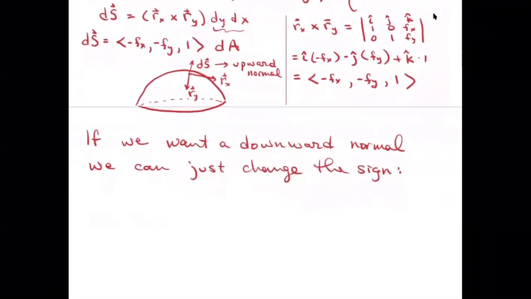So for that case, ds would have just fx, fy, and a -1 dx. So that's a downward normal. Okay. Either way,